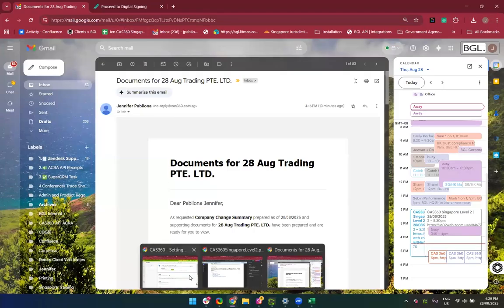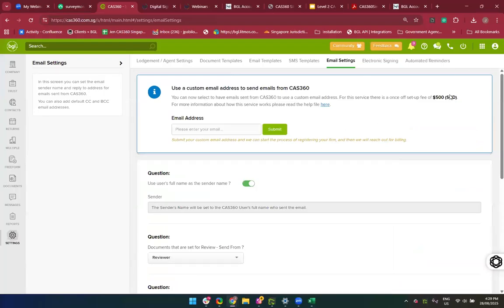As you know, the custom email template is a one-off setup fee of $500. So just let us know if you want a custom email, and then the charges will just be $1,500 SGD. Now, particularly on these ones,